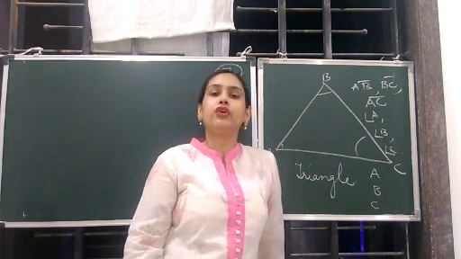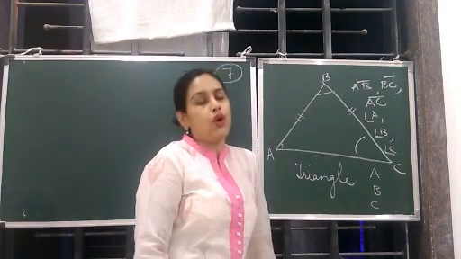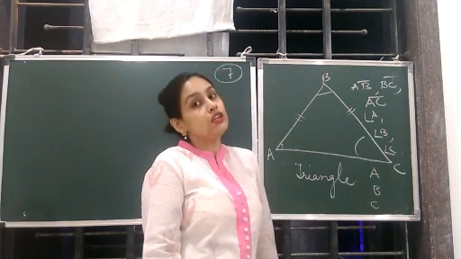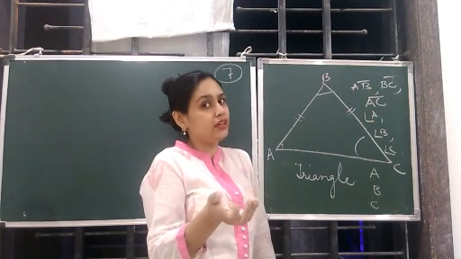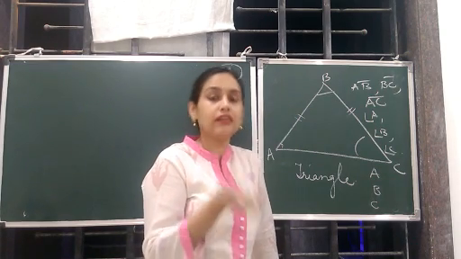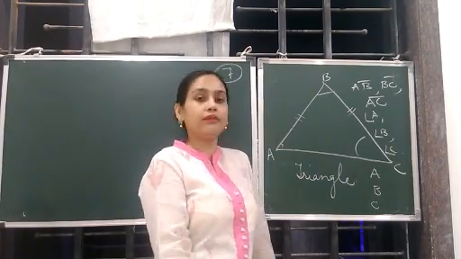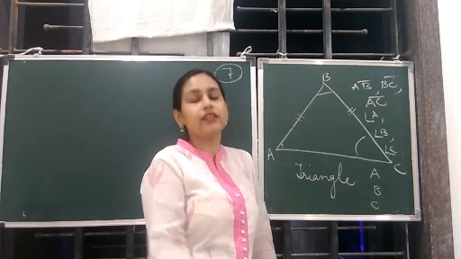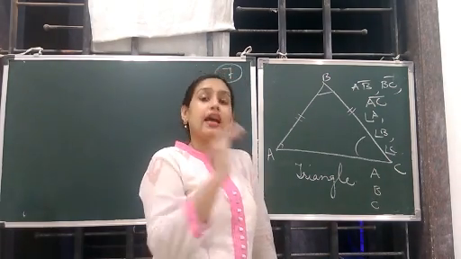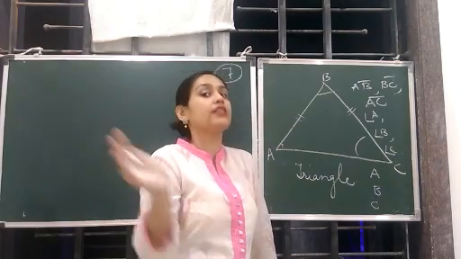Also, when we know any 2 sides and even the angles of a triangle, then we can say it is an isosceles acute angled triangle. So it can be mentioned on the basis of the sides and angles together. That is, an acute angled triangle, when all the angles are smaller than 90 degrees and 2 sides are equal. Then it is named as isosceles also and acute also. So isosceles acute angled triangle.